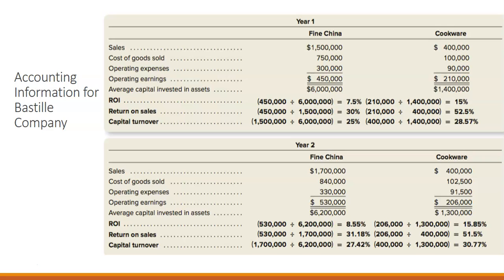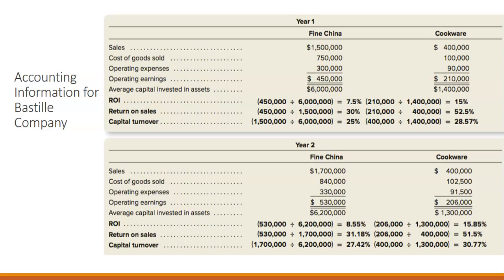So what we can see is that the ROI, or the return on investment, has increased from year 1 to year 2. The return on sales increased for fine china, but decreased for cookware. And the capital turnover